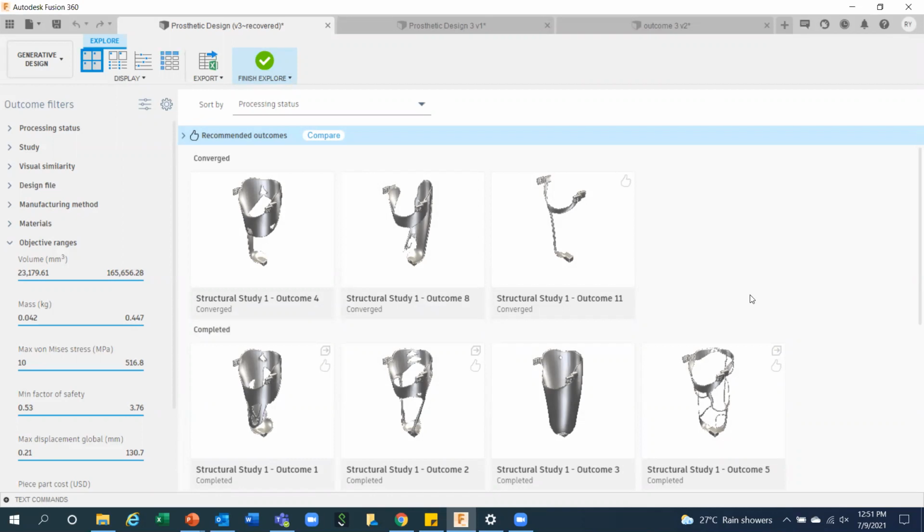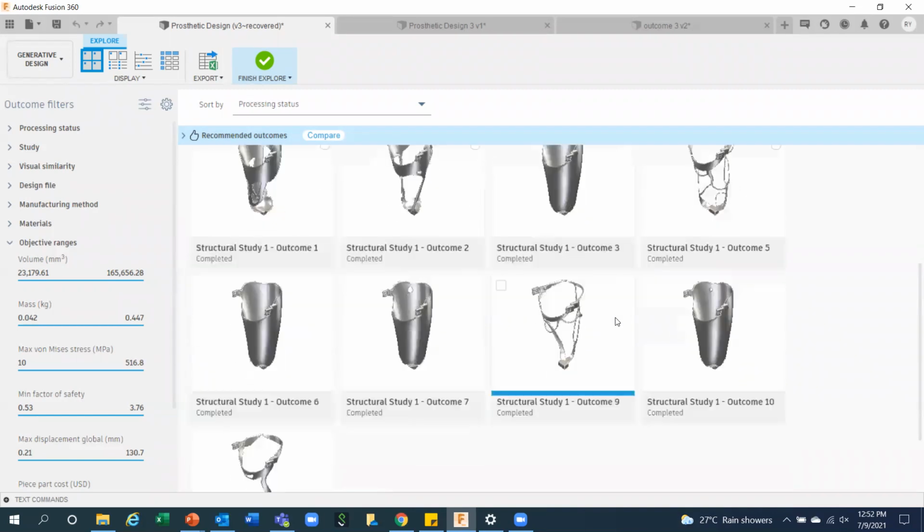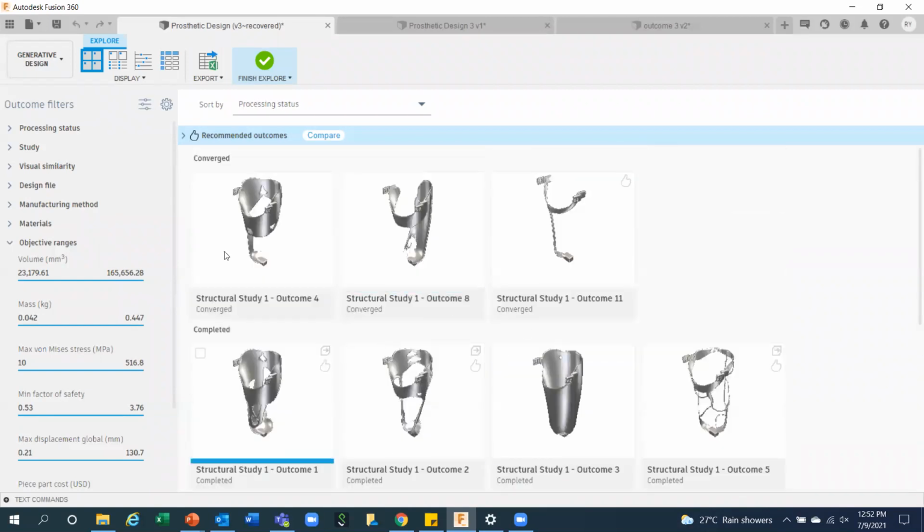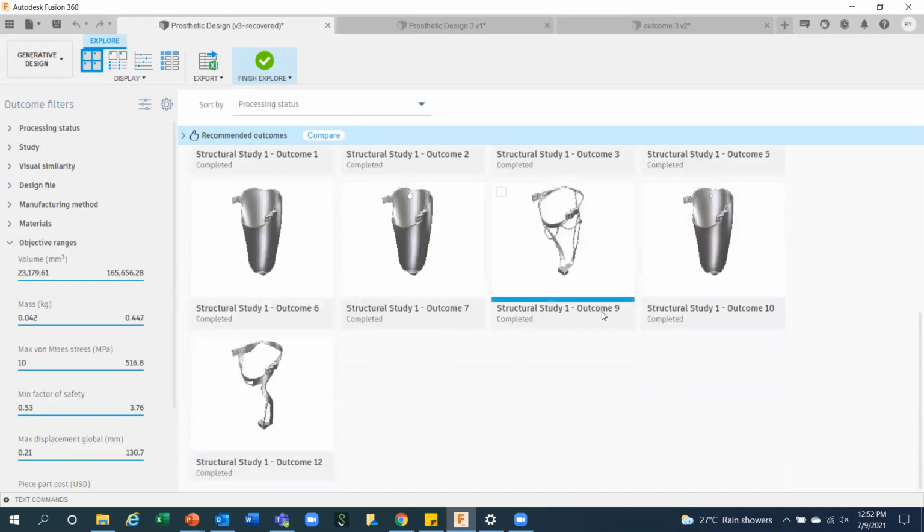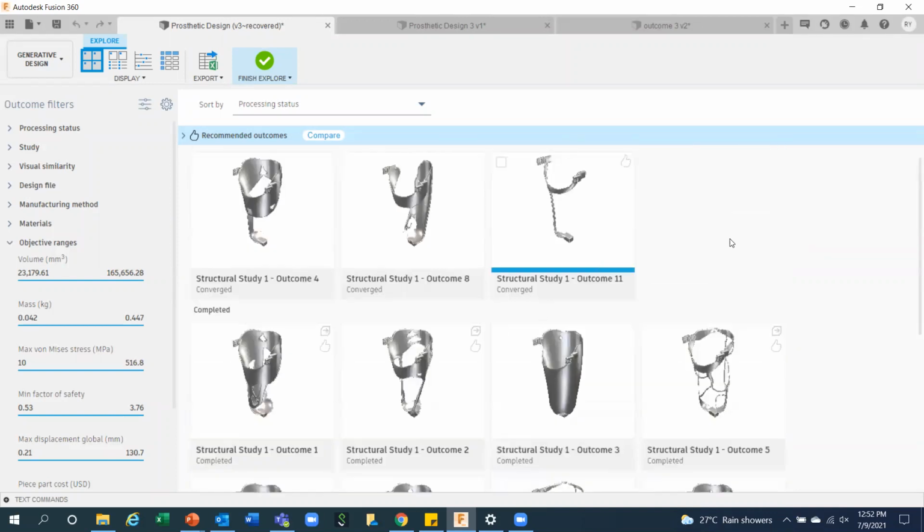You need to have a design. You need to have the real-time load data, like how much force, pressure, movement is going to apply. And you can choose different materials. You can choose different manufacturing methods. You can define your design objective, like factor of safety and everything. And you can simply go for this study and you'll get a lot of results. Now you can understand the difference between topology optimization and generative design. In topology optimization, it will only give you a single result. Here it will give you n number of results according to your parameters, according to your input.